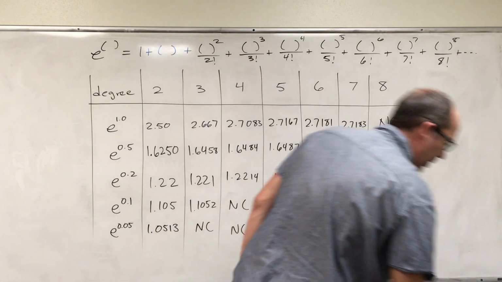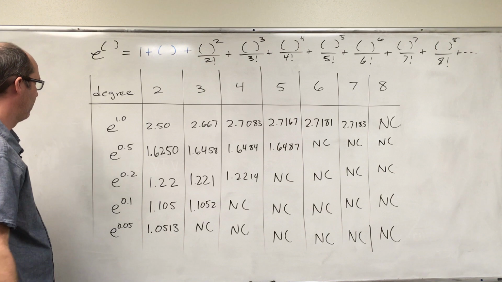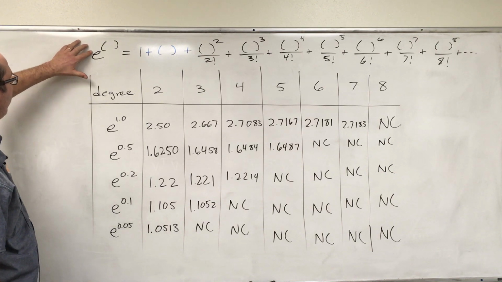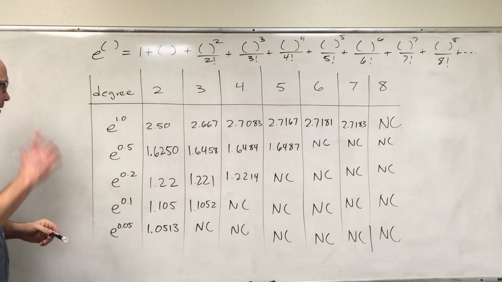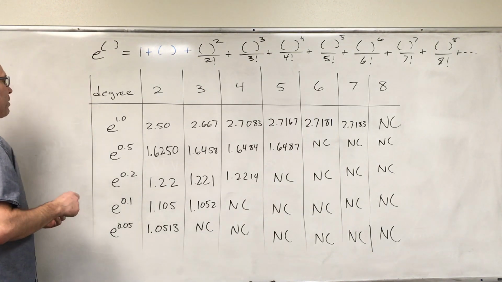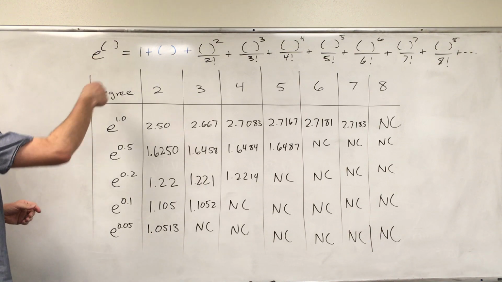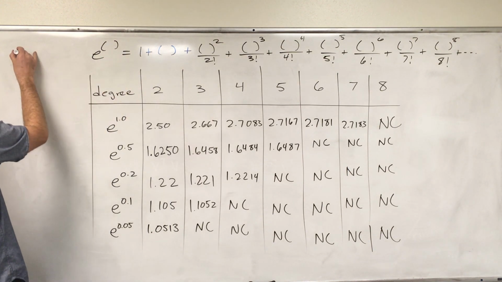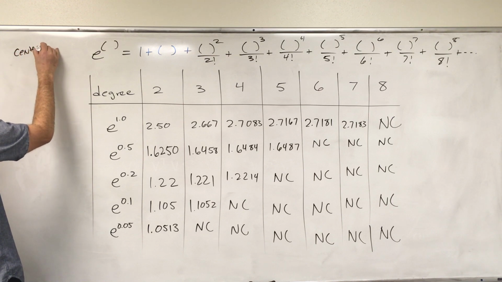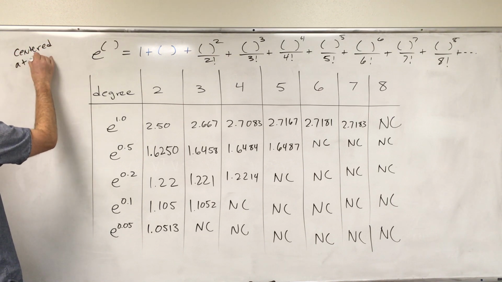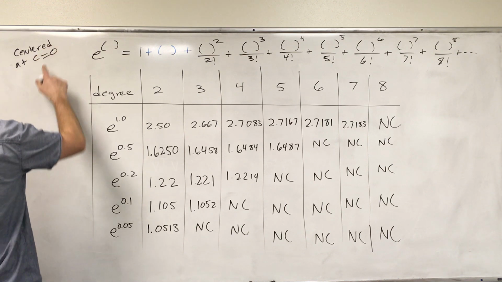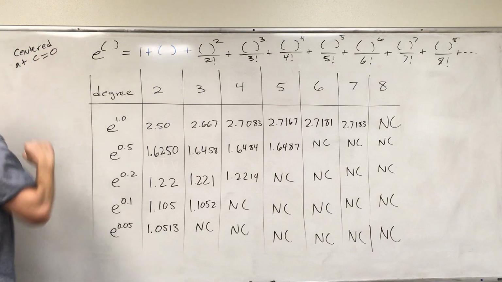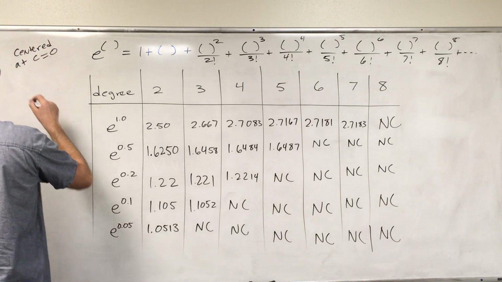Okay, so the way I filled in the table, let's see. Notice this will come up later when we talk about step size a little bit, because there's been a number of questions on step size. All right, so this thing is centered at c equals 0. Remember, in your Taylor polynomials you have the c. So here centered at 0, and then we have the